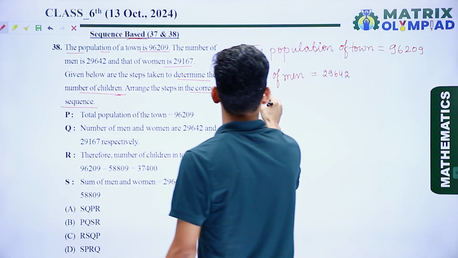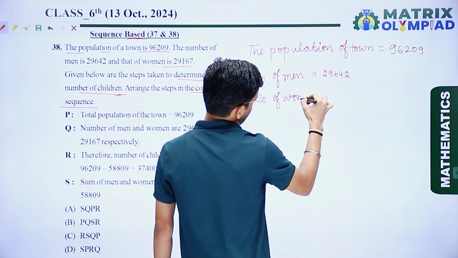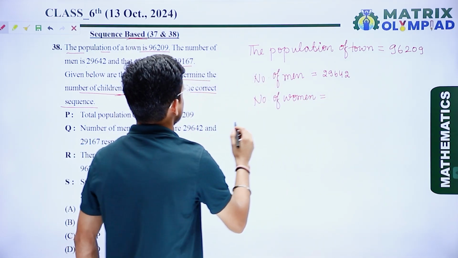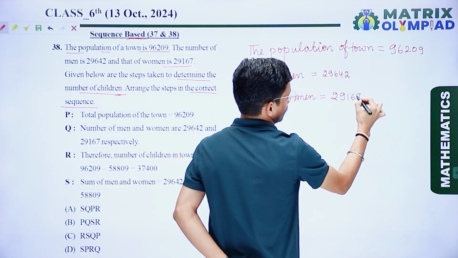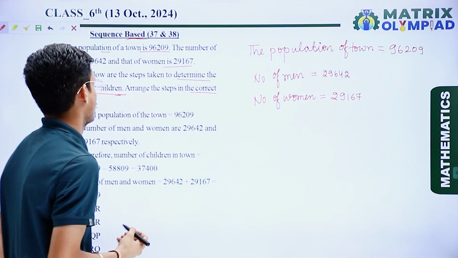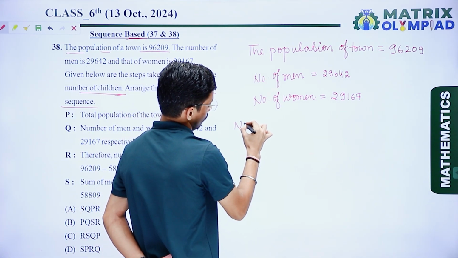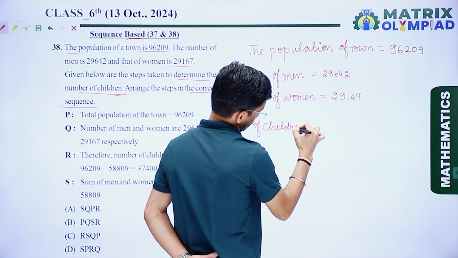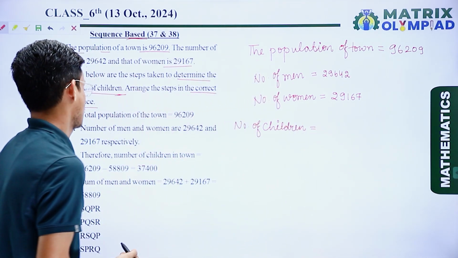And the number of women is 29,167. Now here we have to find the number of children. So for the number of children, that is, for the number of children, that is